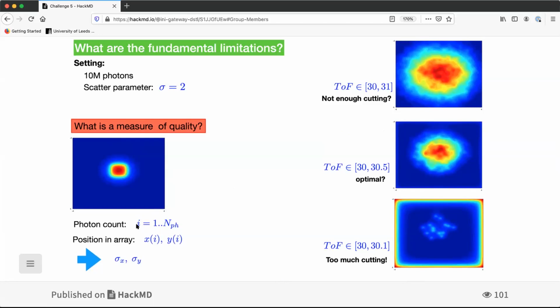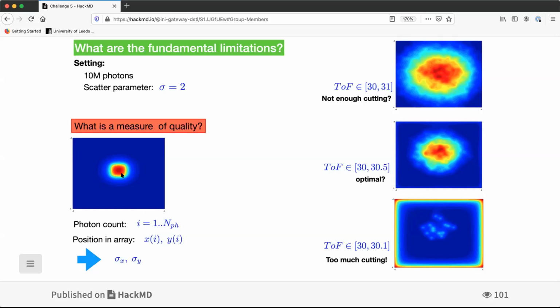Okay, you could just say we have photons i from 1 to n, and they make speckles on the screen or in the area at positions xi and yi, and then you could treat this as random events and calculate the average, which would give you the center of mass of this figure, but more interesting, calculate the standard deviation, which gives roughly the size of the object of interest.